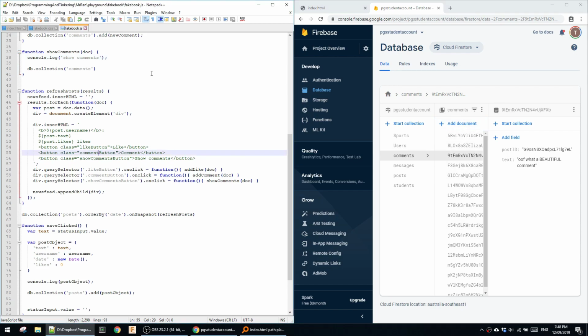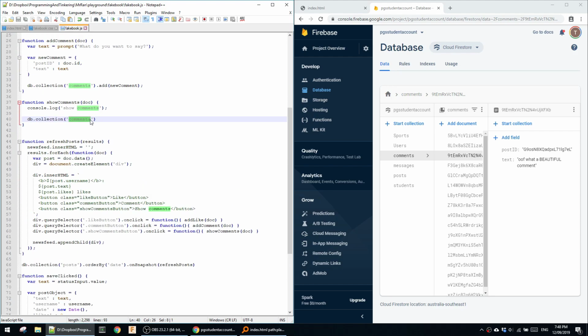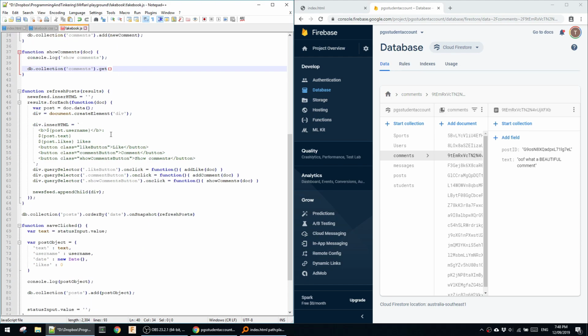As for where that came from in the code, if you double click on it, it'll show where it's mentioned, and that's because I'm adding it to that table in here. So this is where I'm inserting into that table, and then show comments is where I'm going to get the information from that table. And in fact, that's exactly what I'm going to do, get. It works similarly to on snapshot in that you can pass a function into here. The function that I'm going to pass,